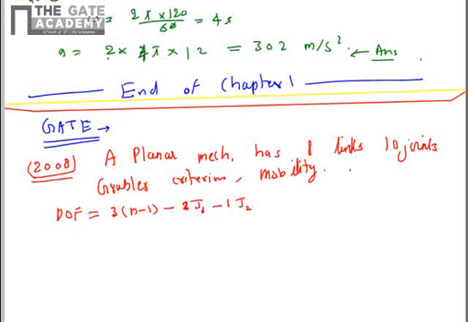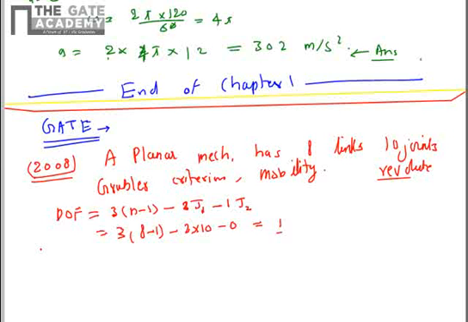So in this case we have 10 revolute joints, rotary joints. It is given in the problem. So all of them are of degree 1, and the number of links is 8. Substituting the values we get 3 into 8 minus 1, minus 2 into 10, minus 0, is equal to 1. So the degree of freedom is 1, and this is one of the choices in the objective question, and you can pick up this choice.